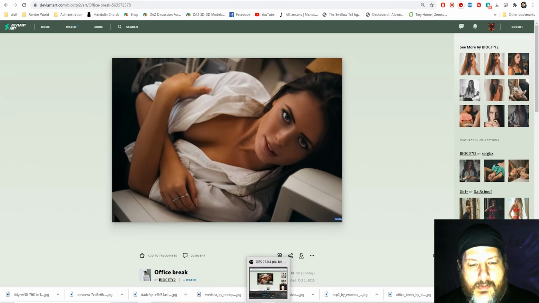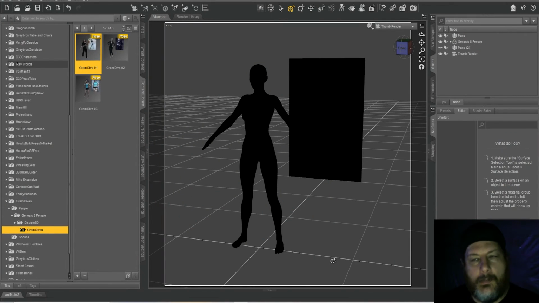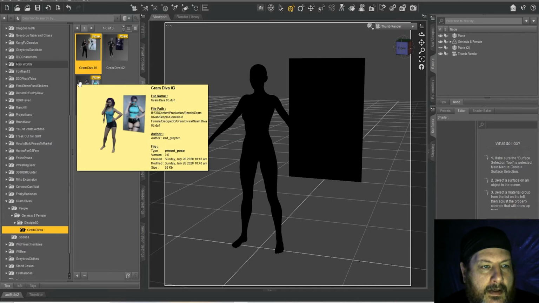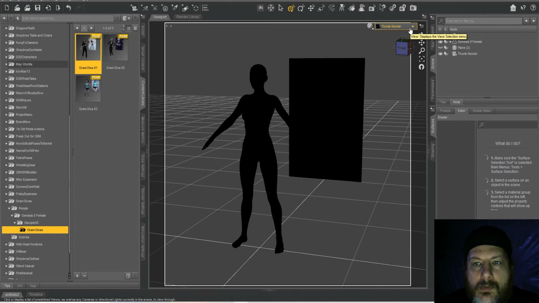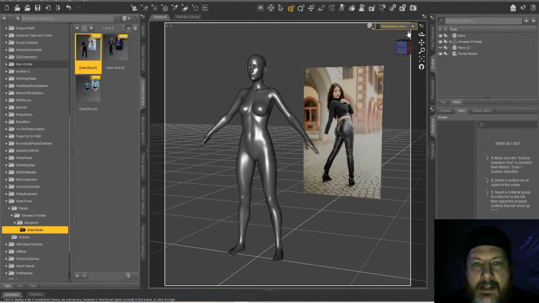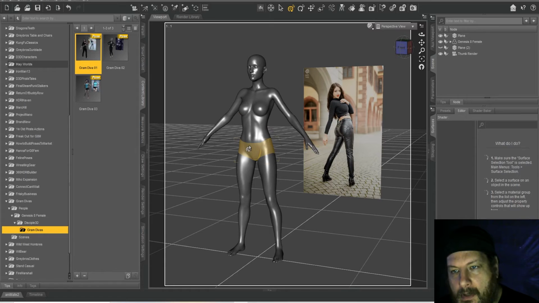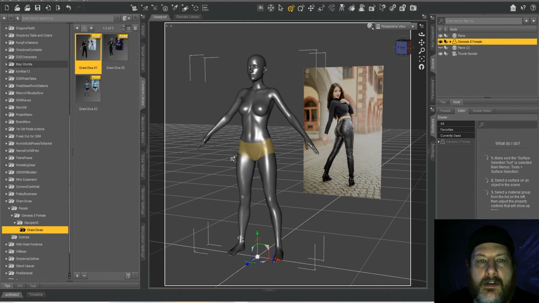So I'll just show you the basic setup here real quick, and then we'll talk about a few tools that I use when I'm creating these, and then also how to create the thumbnail look that I've gotten here. So I first create a scene with just the dev version of Genesis 8 female, or Genesis 8 male if you're working with male, and basically I want the untextured version of the model, the dev version, and I want